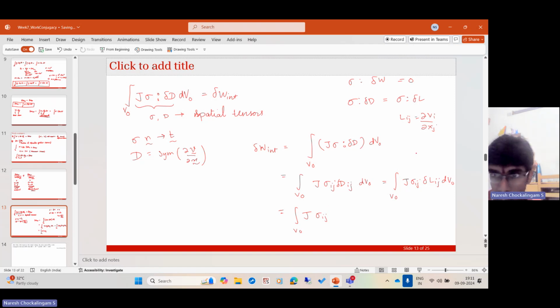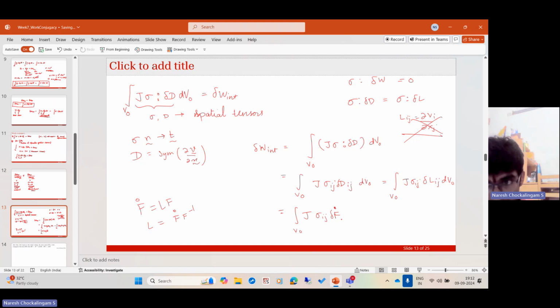Let us see. We don't need this. So there is this relationship F dot is equal to LF, right? We proved it in the last session. The material time derivative of the deformation gradient is nothing but LF. So what is L? L is F dot F inverse. Plug that into this. So we get sigma ij, and in place of del Lij, we can write it as